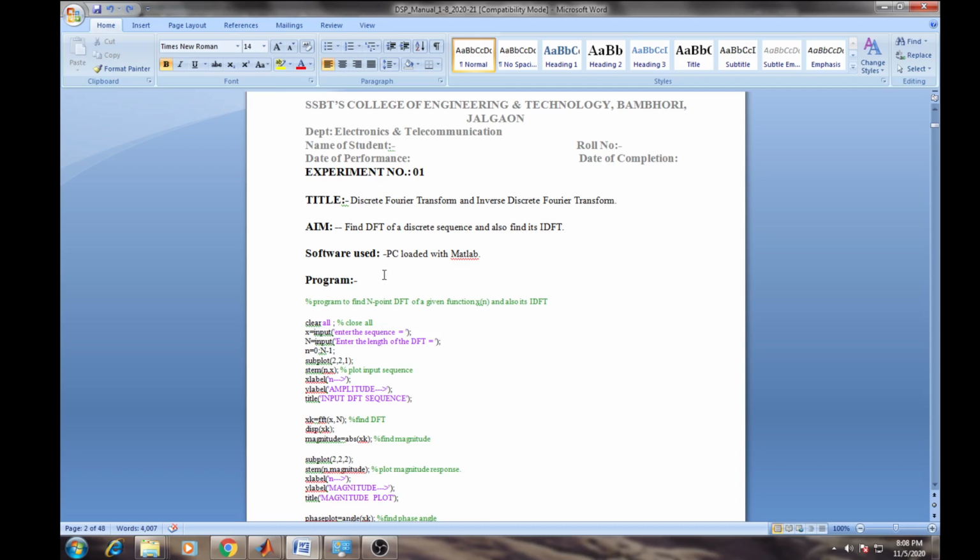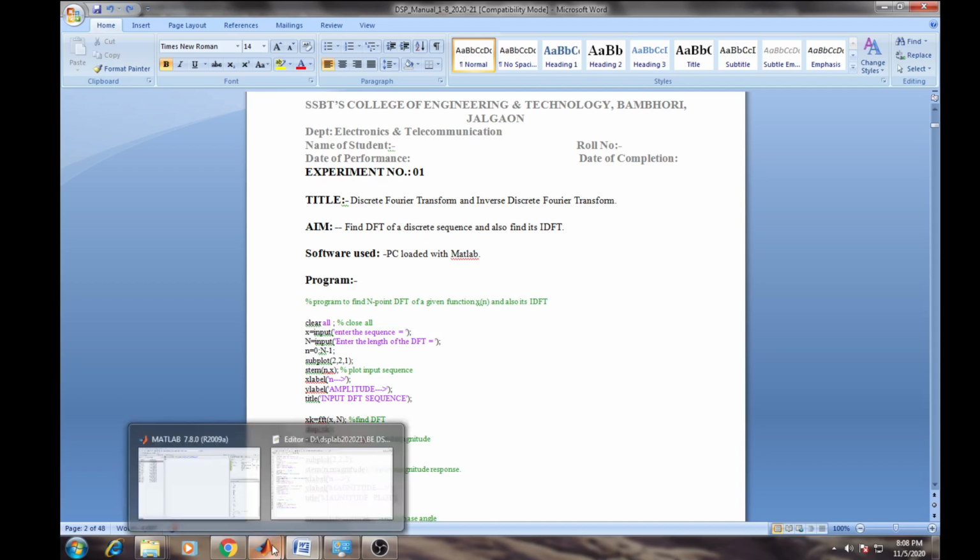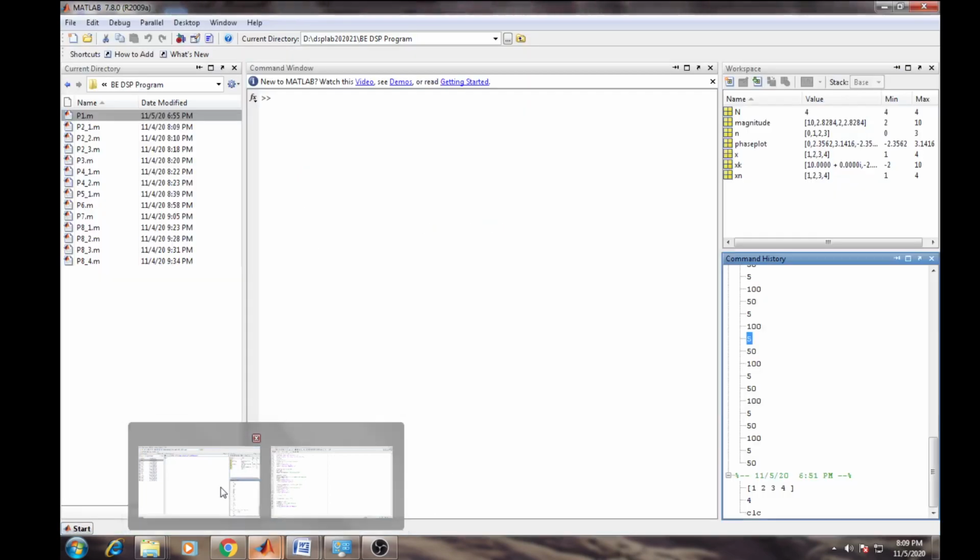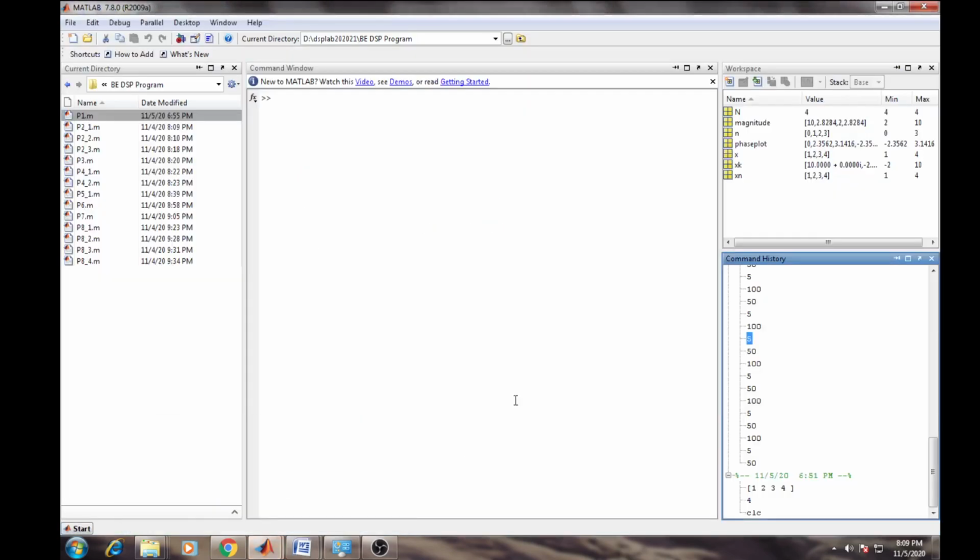Now we do this experiment using MATLAB. Here the MATLAB screen is in front of you.